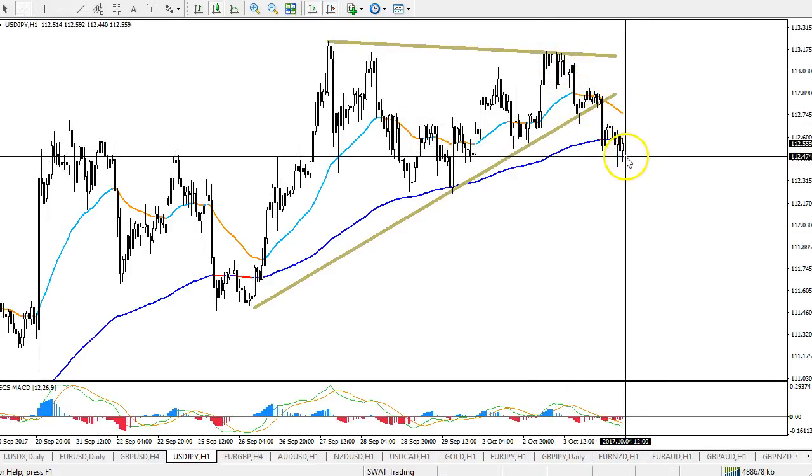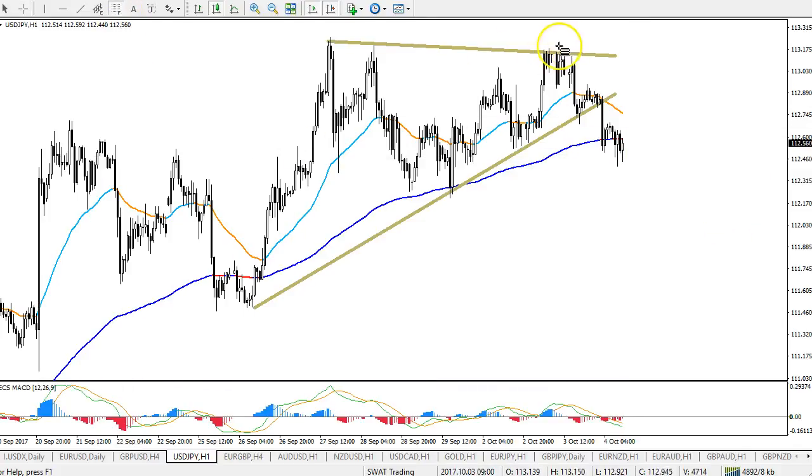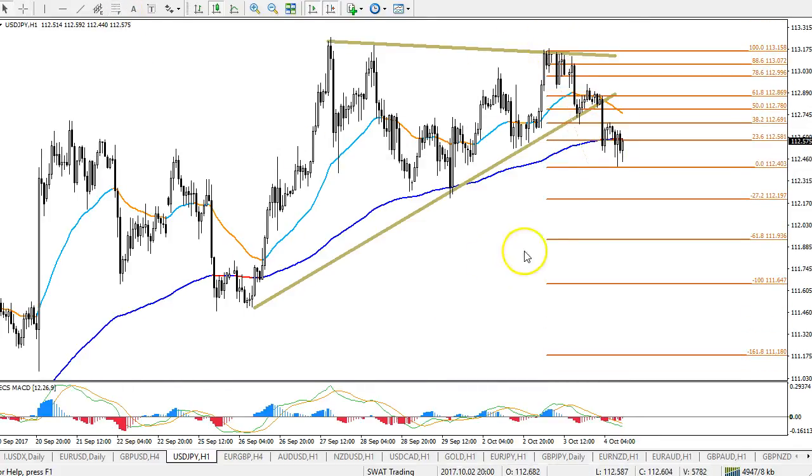So I think that if price makes an ABC correction like this, up in here it could be a rejection zone for more downside. So what I would do is put a fib from here to here, and basically look for an ABC correction back to these fibs like the 61, 78.6 fib, 50 fib. Looking for some bearish candlestick patterns in here for more downside down to 112,